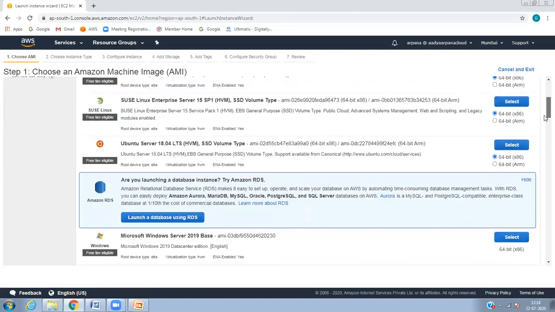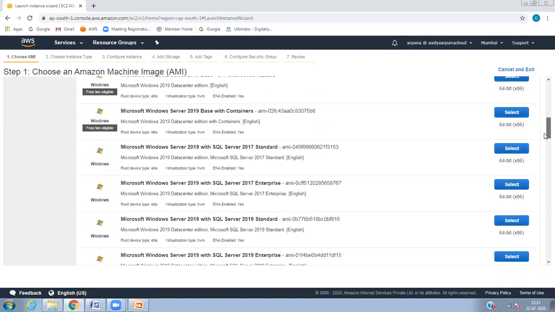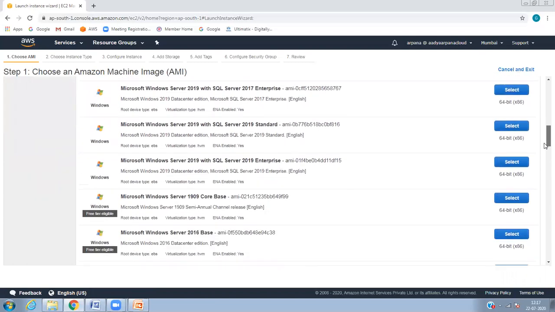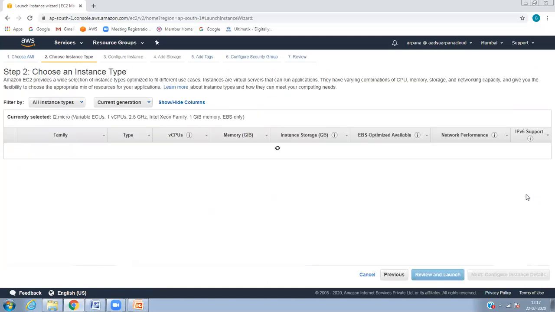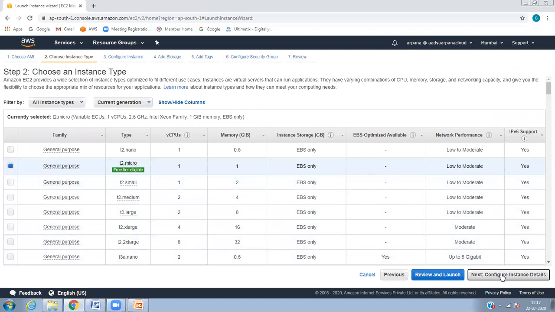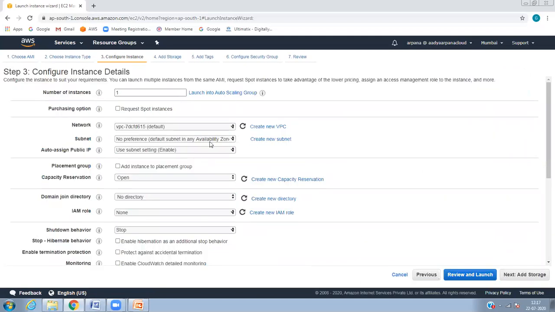It's all free, right? So anything you can select, unless there is, no preference, let it be no preference for the subnet.